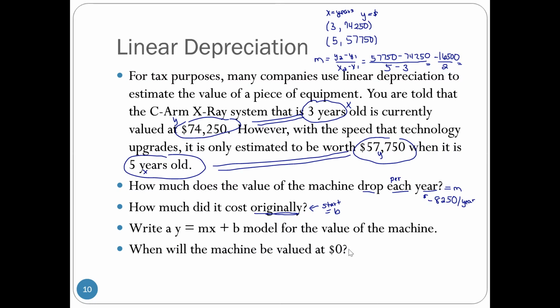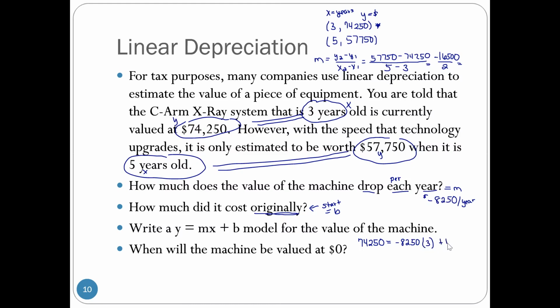So taking that model, I used my first ordered pair. So where the y is, I wrote 74,250 equals, and where the m is, I put my slope, negative 8,250, times my x, which was 3 years,